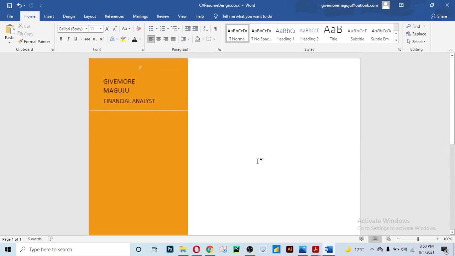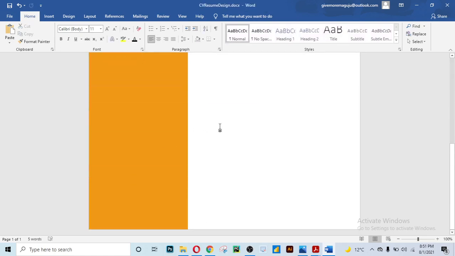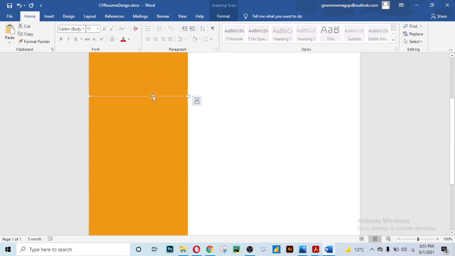Right, so now what we need is we need to hold down the Control key on our keyboard and press the left key on our mouse, and then drag all the way down, like so. Okay, so we've dragged this, and let's drag again. Hold down the Control key, press the left key,